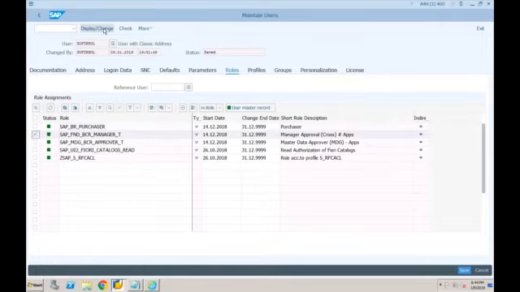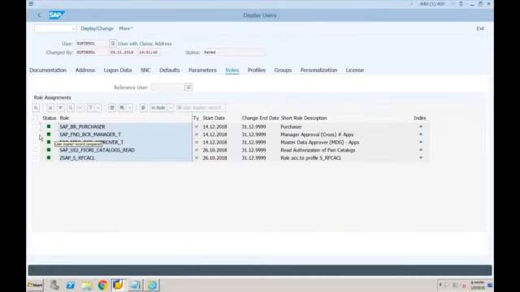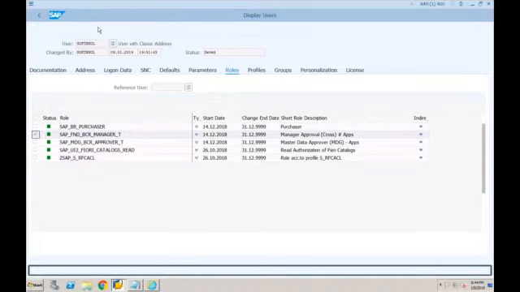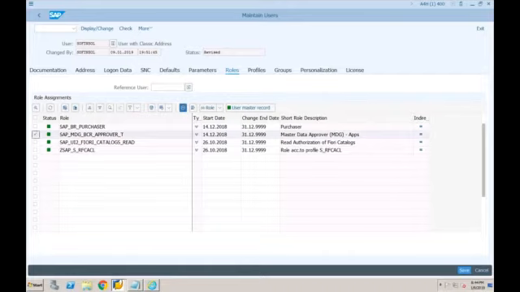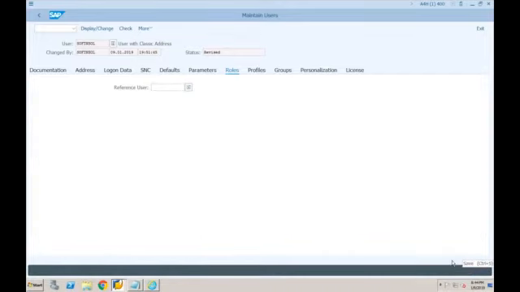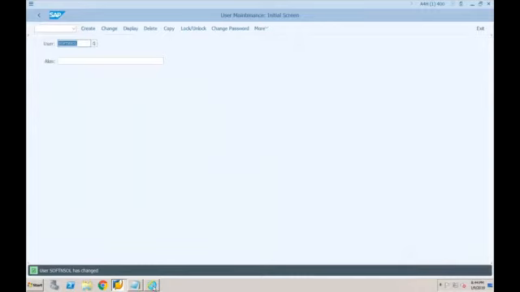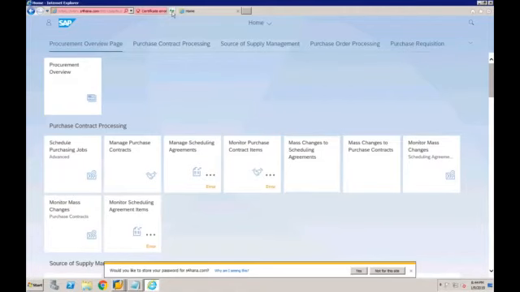So first I will click on display change, and then I will keep on deleting this. So I'm in the display mode here. So let's change. Now I'm in the change mode. So select this, delete, select this, delete. Okay, these two are common, I'm not going to delete these. Just click on save.